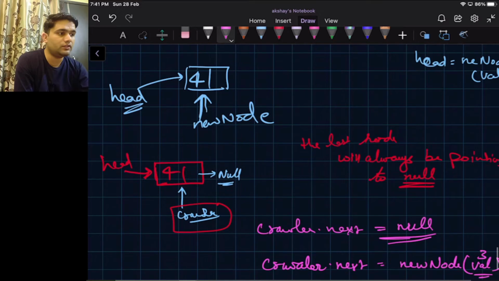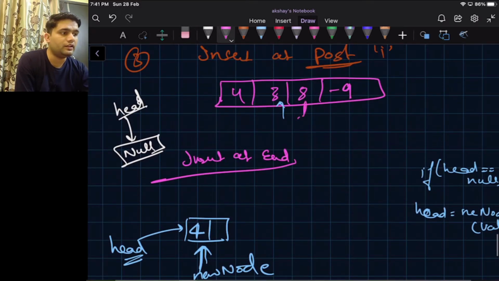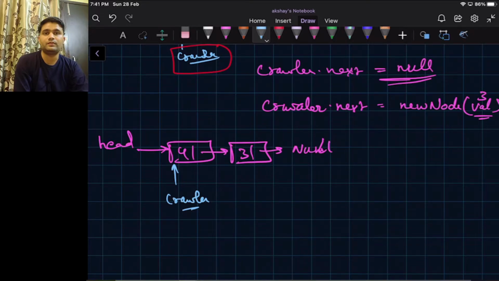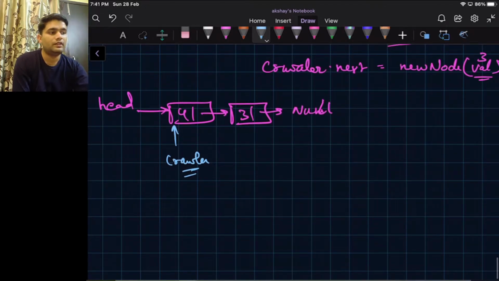Okay, now we want to insert 8 in the linked list. So we will now again create a crawler. Crawler will always start from the head, and now we see that the crawler dot next is not pointing to null.